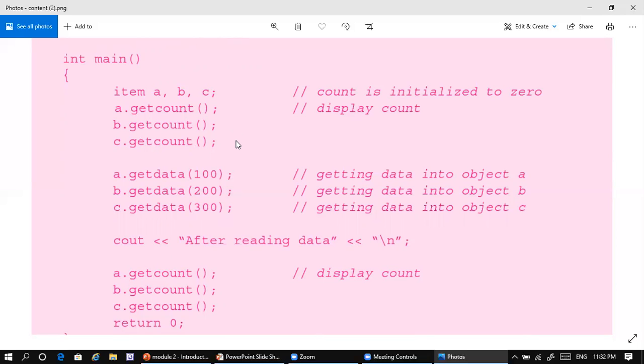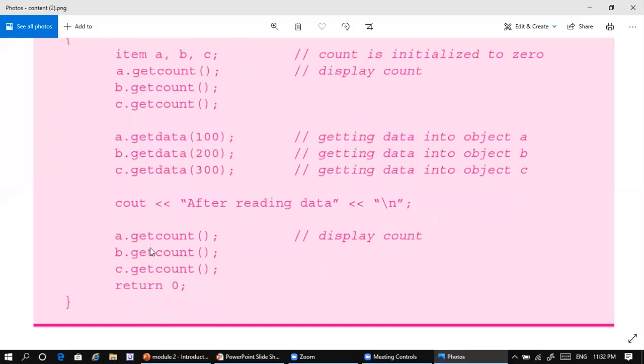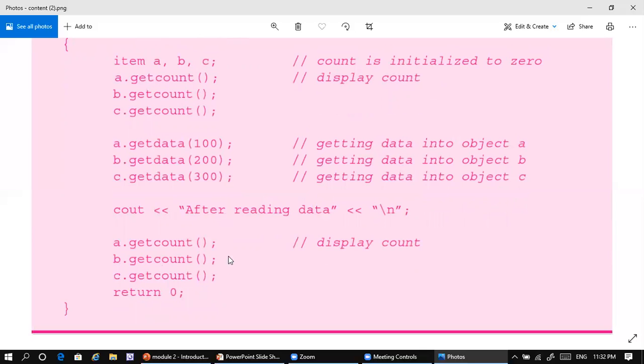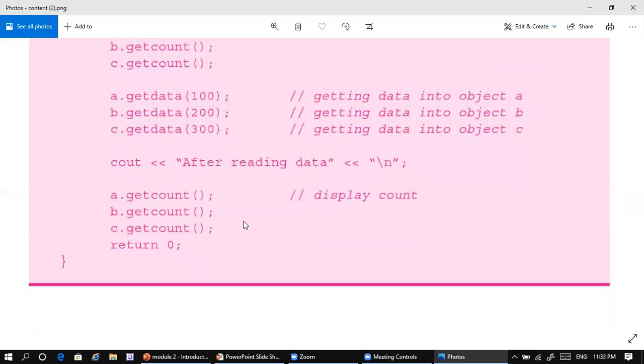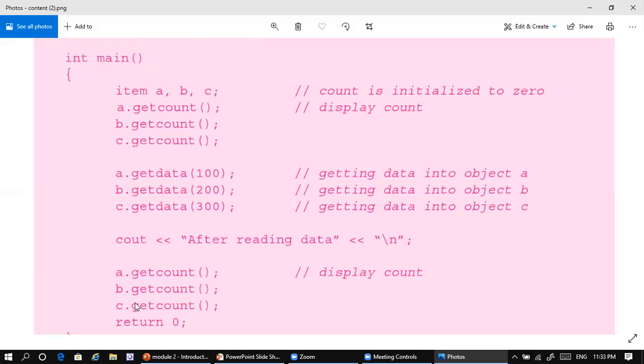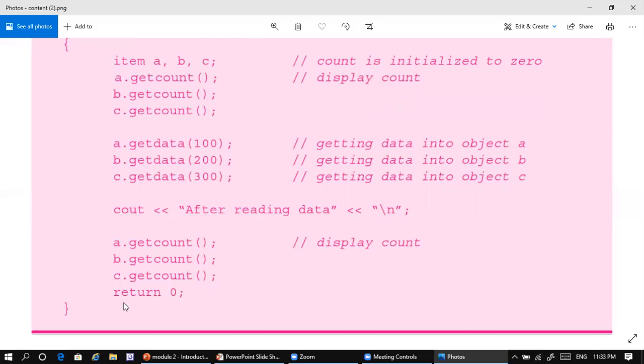Now, after that, if you get A dot count, B dot count, C dot count, whether you call it through A object, B object or C object, since it has the same value, the count value will be 3 in all the objects. Understand? And finally we end the program by mentioning return 0 over here. Understand? Okay.